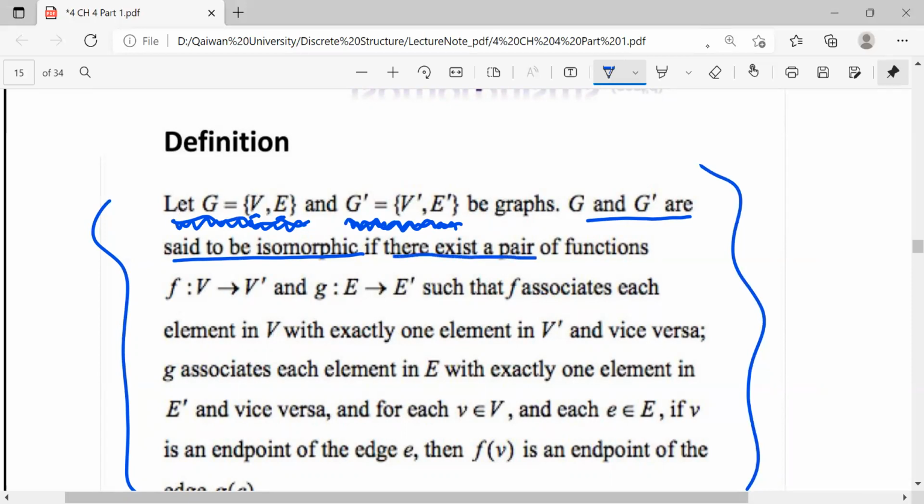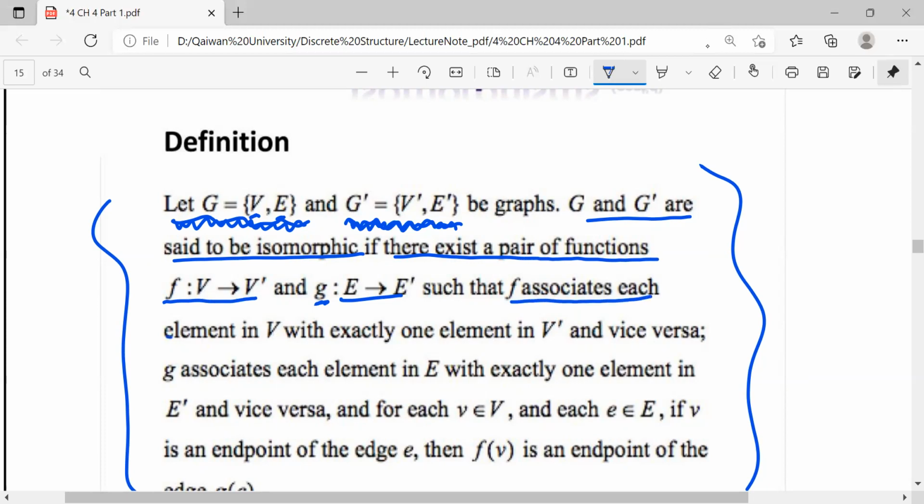If there exists a pair of functions, f from V to V prime, that means from the set of vertices in graph G to the set of vertices in graph G prime, and g a function from the set of edges in graph G to the set of edges in graph G prime, such that f